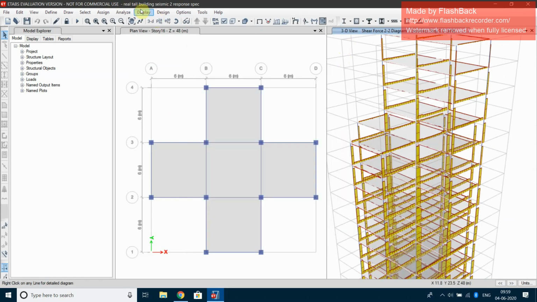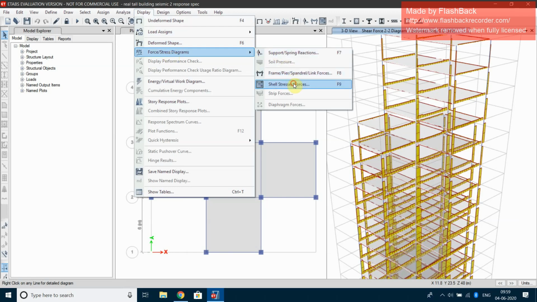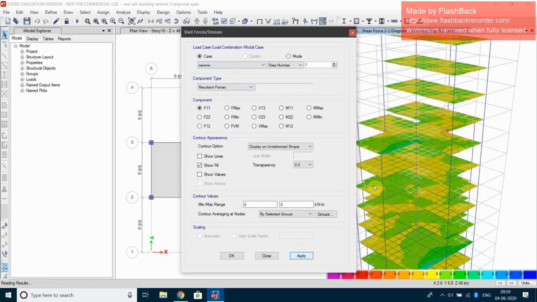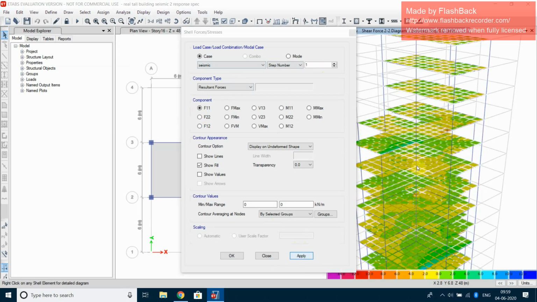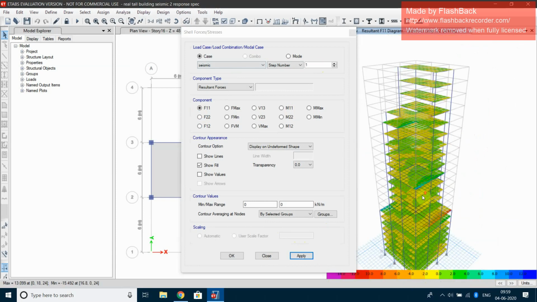Now we can also go to force stress diagram, shell forces, F11, keep everything as constant, just apply. The various types of forces generated are like this. These colors represent how much the demand exceeds the design capacity, as you can see.